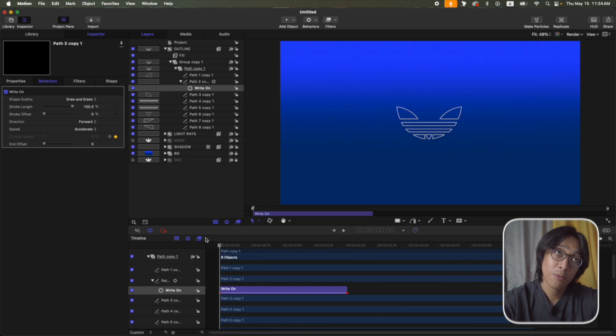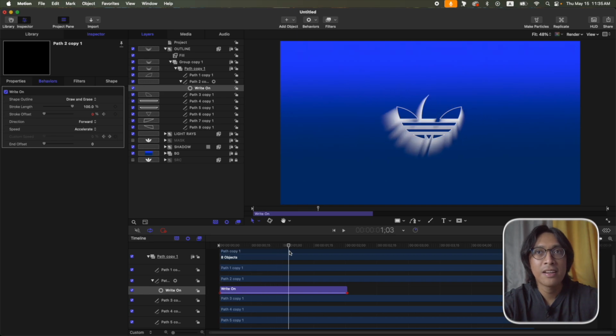So we're not gonna stop there. Let's add some stroke offset. So add some keyframe on the first frame of our behavior. And then around here at maybe, let's say 1 second, let's adjust the stroke offset like this. And if we look at it,